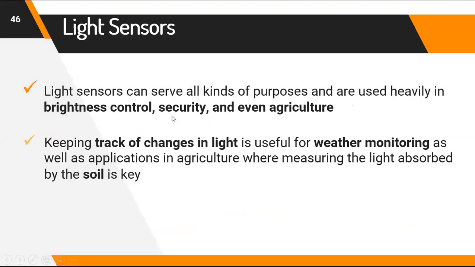In security, how is it done? I told you, right? In a security camera, in the morning there will be sunlight and good brightness, and in the afternoon also good brightness. In the evening it gets dull. So it should be very proactive and adapt to those light settings. That's why it plays a major role in security. What about agriculture? Again, the same thing. It depends on sunlight.